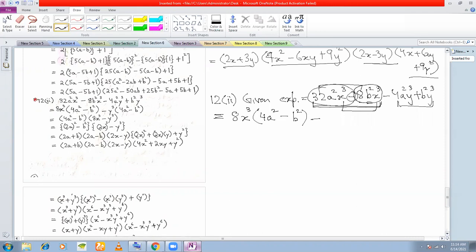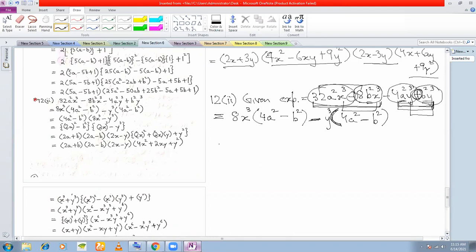Now minus, now from these two, look at the third and the fourth terms. In the third and the fourth terms, I have a 4, I have a 1. So HCF is clearly 1. A square here, I don't have an a square here. So that is also gone. But I have only 2 y cubes here. So that means HCF is y cube. If I take out y cube from this, I'm only left with 4a square. And if I take out y cube from this, what am I left with? I'm left with b square. But what should be the sign? That is the main thing. See that I have a minus sign here and I've introduced a bracket. That means this plus sign here will change to a minus sign.